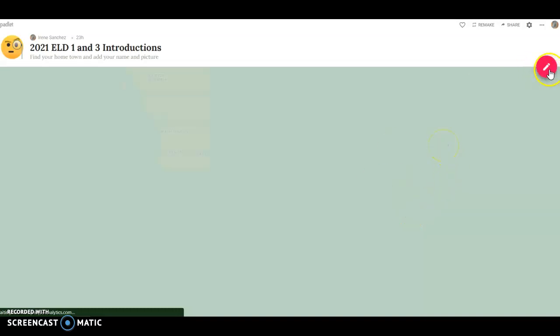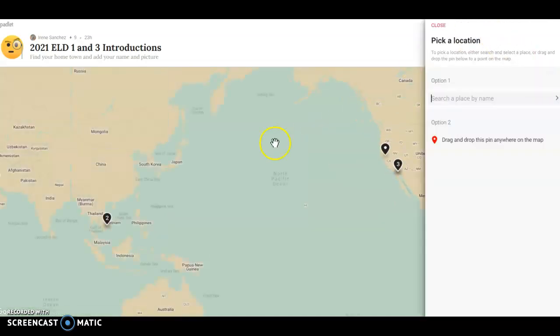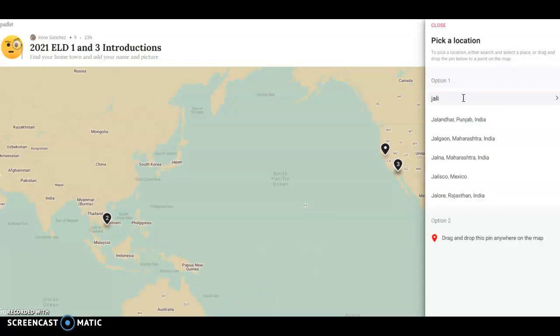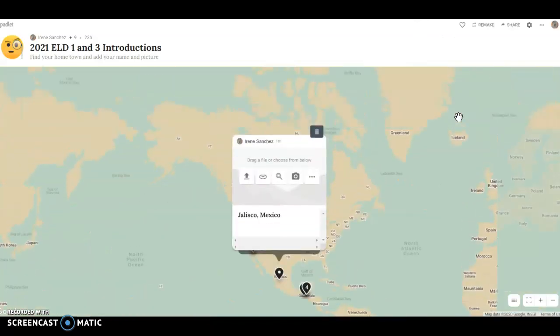and you're going to click on this pink circle, and you're going to see a map. Here you're going to type in the city where you were born or the state or country that you want to look for. So let's say I wanted to look for Jalisco, Mexico. And then it will pop up another box, and you're going to type your name here. I'm not going to type my name because I wasn't born in Jalisco, but my grandfather was. So I am going to put his name,